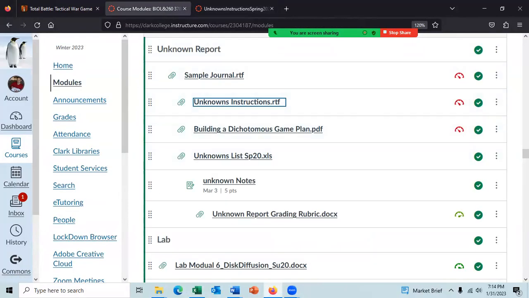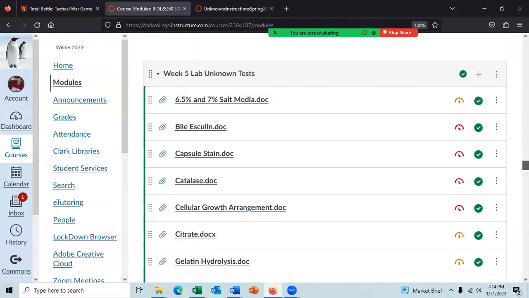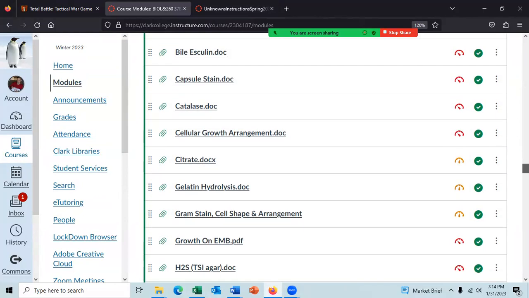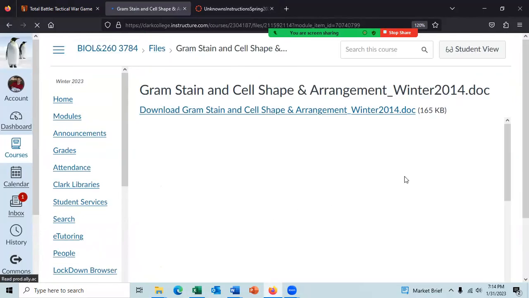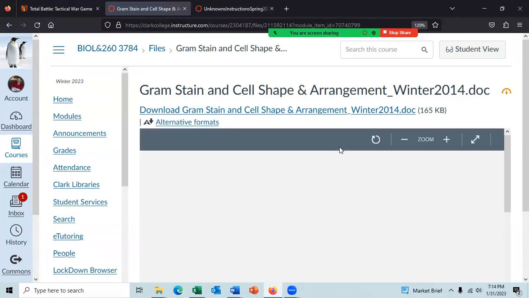So come down here, lab, unknown tests. So you should look at that there. And let's take a look at the gram stain: gram stain, cell shape, and growth arrangement. Come on, load. I'll tell you what it is.